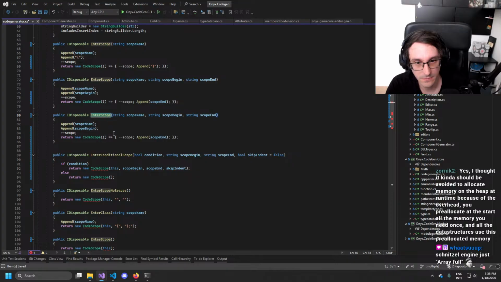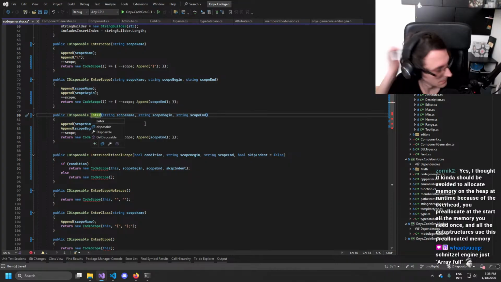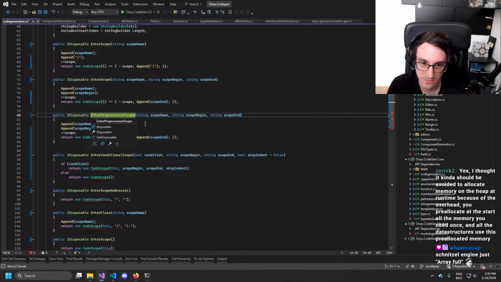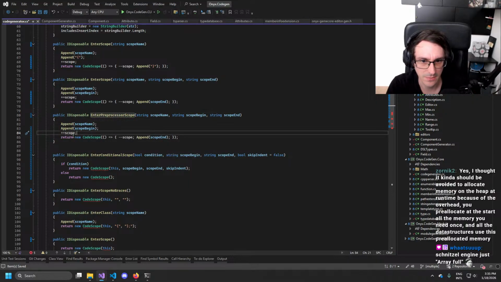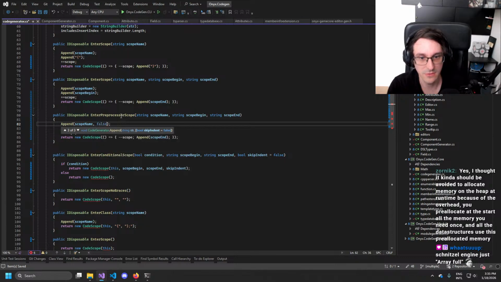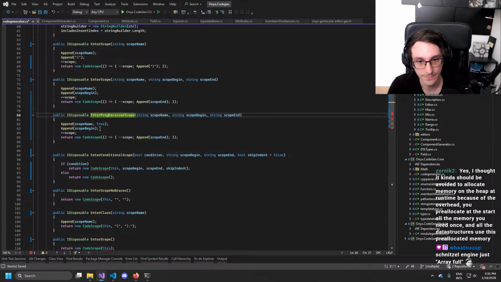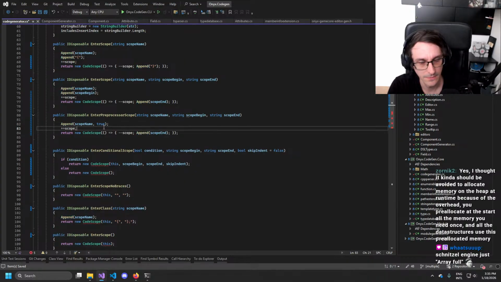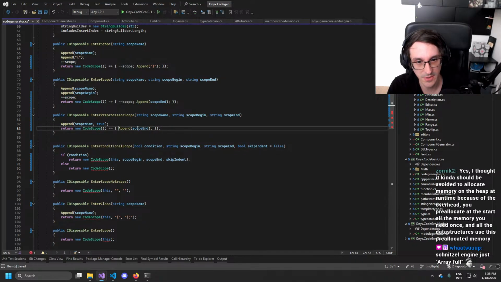And then enter, like, yeah, enter preprocessor scope. Let's do that maybe. And then this would be that with skip event force, true. Then we don't have a scope begin because we don't need that. We don't have a scope increment. We actually have nothing here, so basically it's empty.